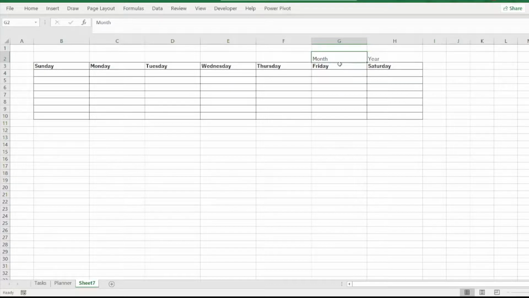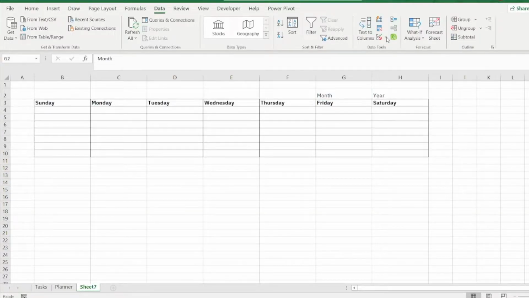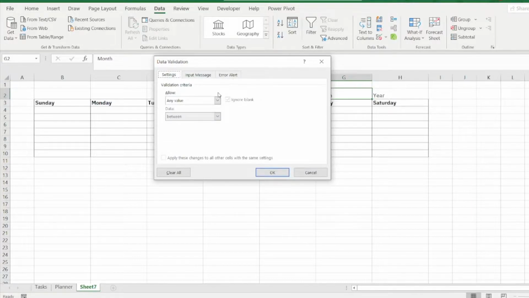And now this month and the year, which we used as a placeholder, we will add a drop down. For the drop down, we will go to the Data tab, and in that we will click on Data Validation, and for Allow we will select the value as List,